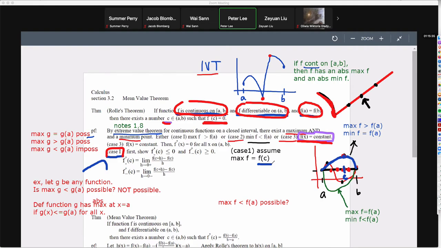Now, what we are going to show is that f prime at c is actually equal to 0. And will this actually be true? Yes, it will be true. Why is it true? In order to find the derivative here, f prime at c, and by the way, it does say that f is differentiable. So that means there must be a limit, there must be a derivative,